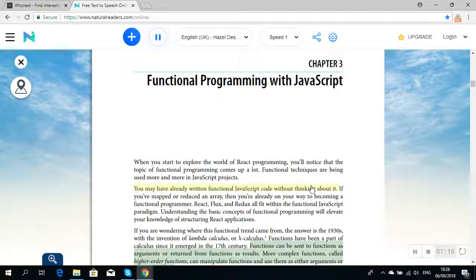Functions can be sent to functions as arguments or returned from functions as results. More complex functions, called higher-order functions, can manipulate functions and use them as either arguments or results or both. In the 1930s, Alonzo Church was at Princeton experimenting with these higher-order functions when he invented lambda calculus. In the late 1950s, John McCarthy took the concepts derived from calculus and applied them to a new programming language